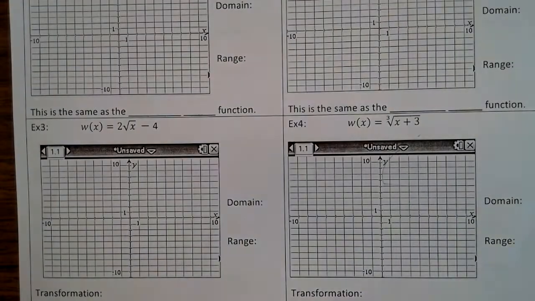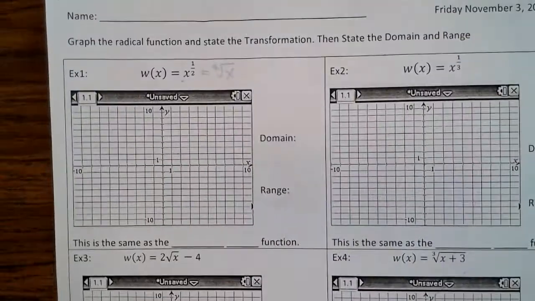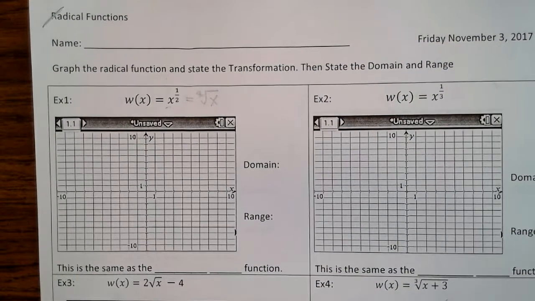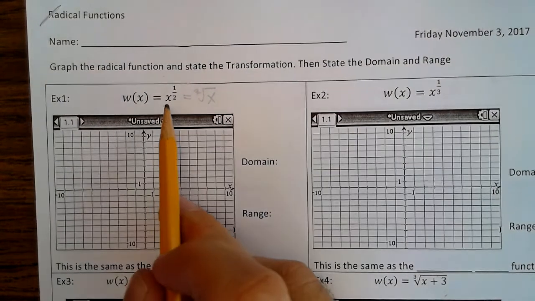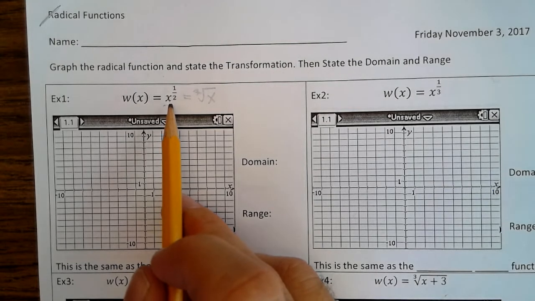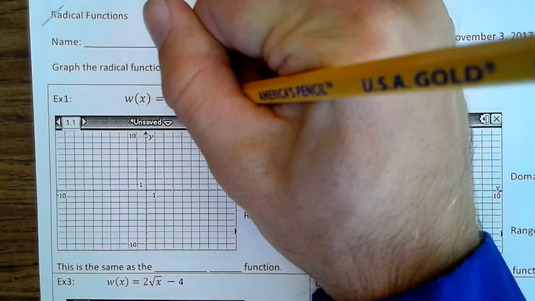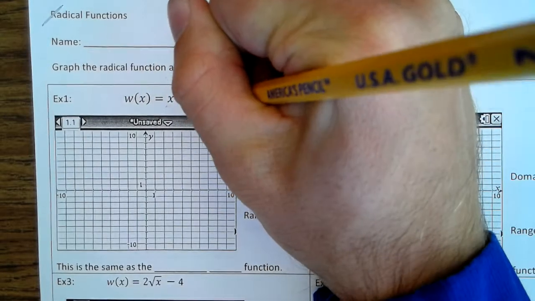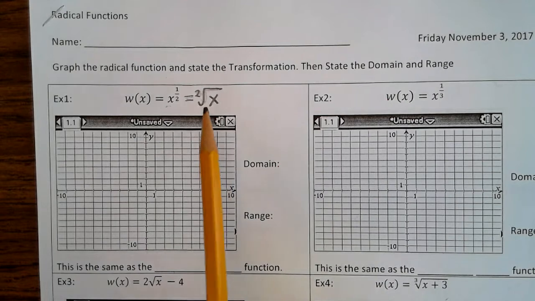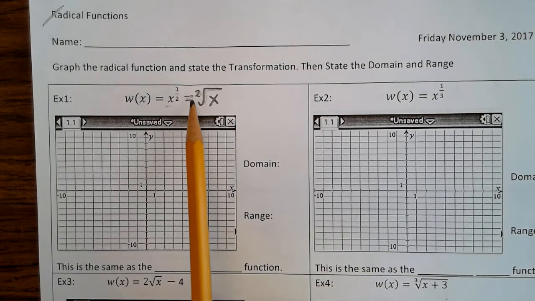All right, now let's take a look at our examples. It says graph the radical function and state the transformation, then state the domain and range. So here we have a rational exponent, but we can write it as a radical, also known as the square root. Okay, x to the 1/2 is the same as the square root of